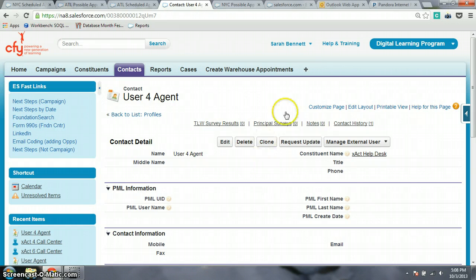I'm just going to show you some of the things that are different within the help desk. We're going to start by logging into the help desk. I'm going to click here, Manage External User, and then I'm going to say Log into Portal as User. And this allows me to see the portal that our Exact agents use when they are talking to our families